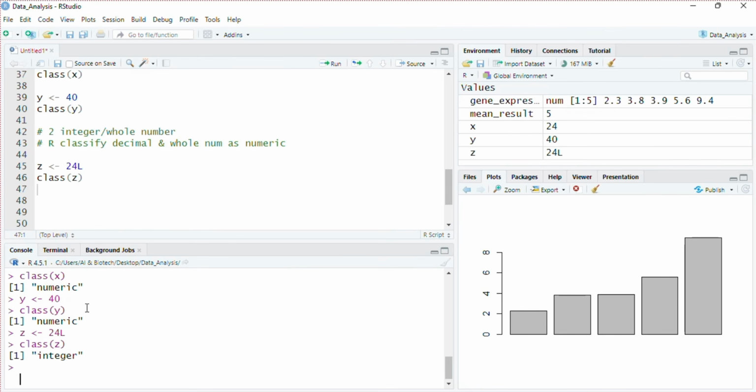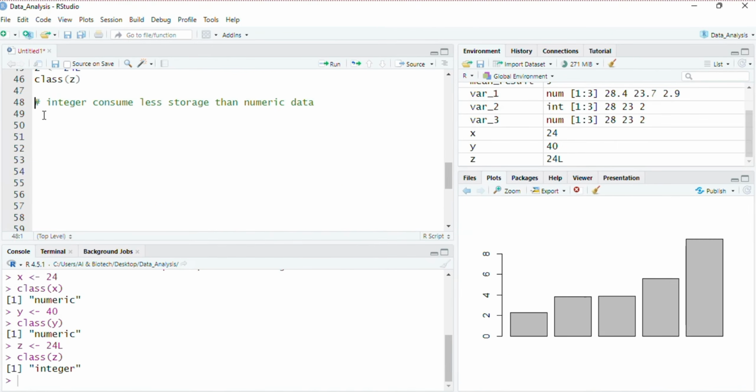So why do we use integer? Because integer data consumes less memory, so it is useful for large data sets or machine learning pipelines. But you have to be careful when you want to convert your data from numeric to integer, because R drops the decimal point to convert the numeric data into integer.